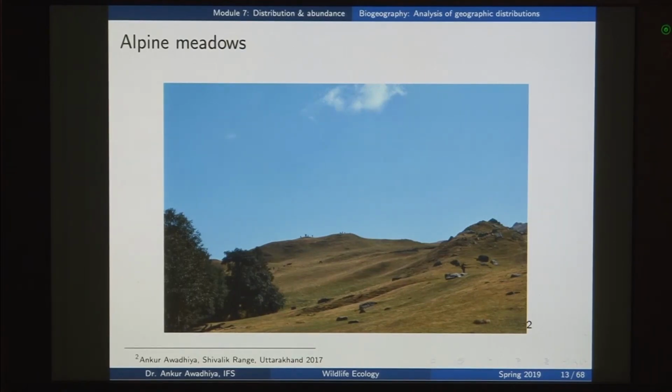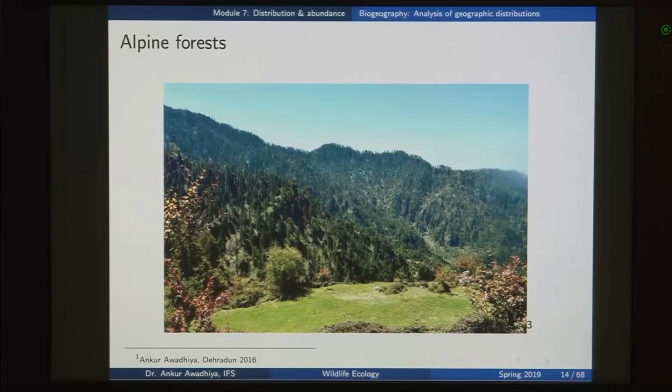Now, another kind of habitat that we have is known as an alpine forest. Again, alpine is a mountainous area, so alpine forests are those forests that are found in the mountainous areas. Typically you will find coniferous trees, and you will also find some broadleaf trees. In the case of these coniferous trees, you will have a structure that permits snow to fall down,